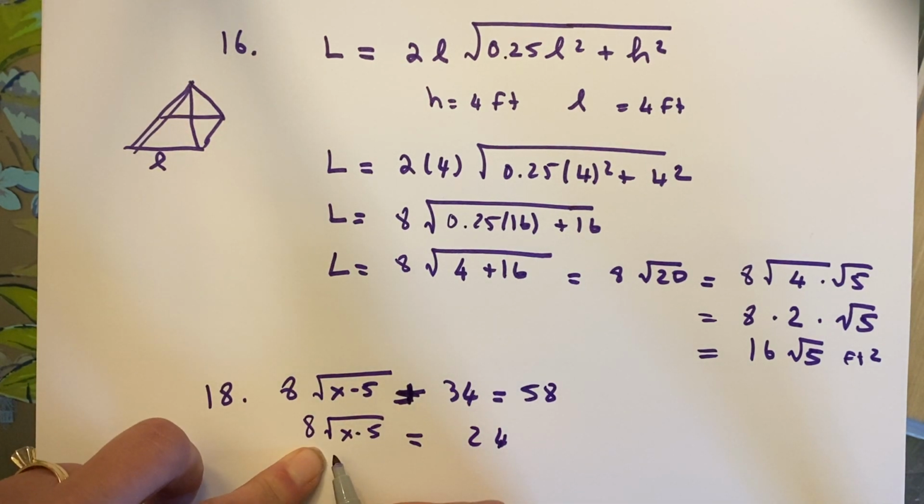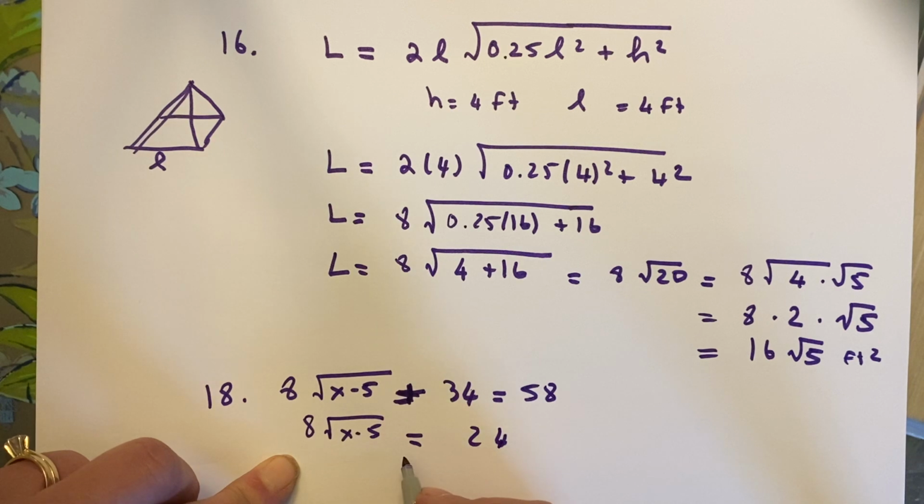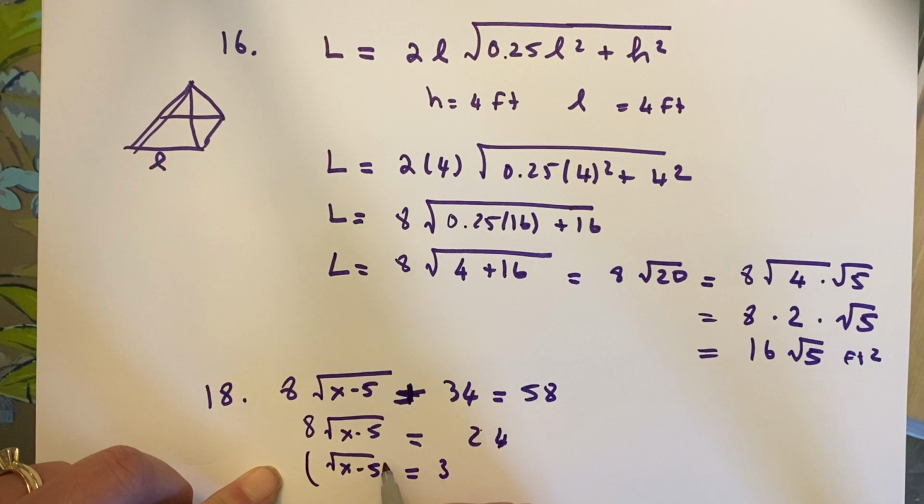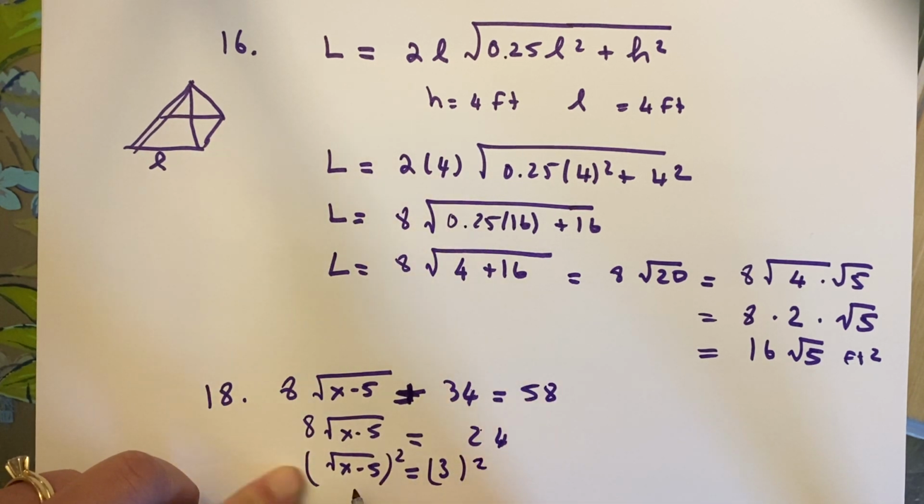I don't have my square root isolated yet. In order to go on with this, I have to divide both sides by 8. And I end up with the square root of x minus 5 equals 3, because 24 divided by 8 is 3. I'm now at the point where I can square both sides to get rid of my square root on the left. When I do that, I'm left with x minus 5